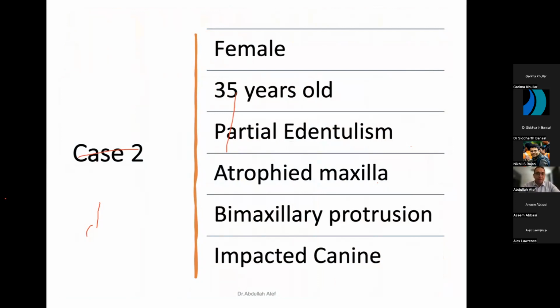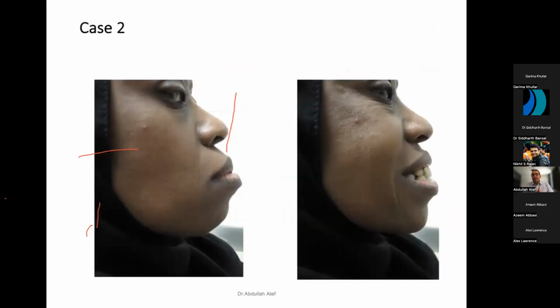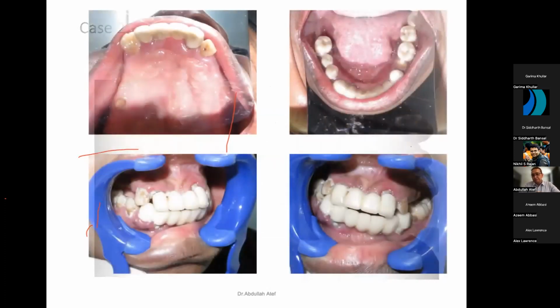She has bimaxillary protrusion, impacted canines. The bimaxillary protrusion for this patient is congenital. It's from the origin. She has protruded maxilla and mandible, very resorbed arch form, very bad oral hygiene, very bad